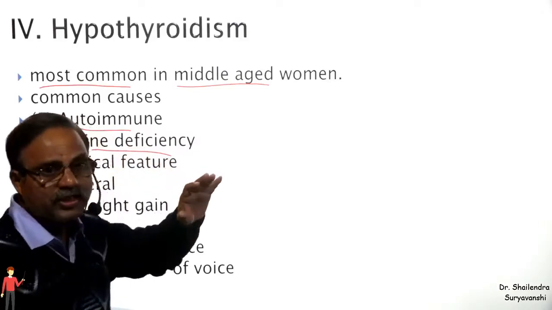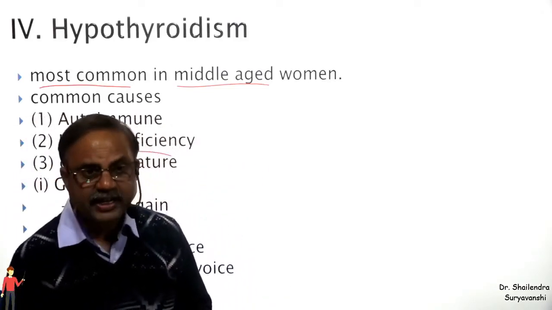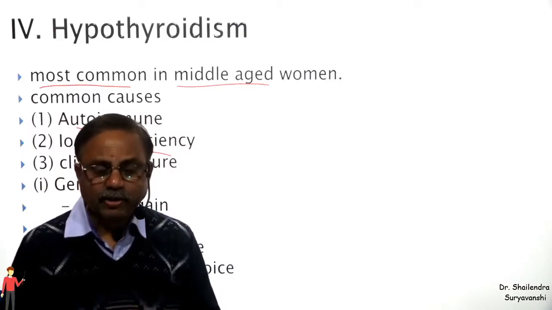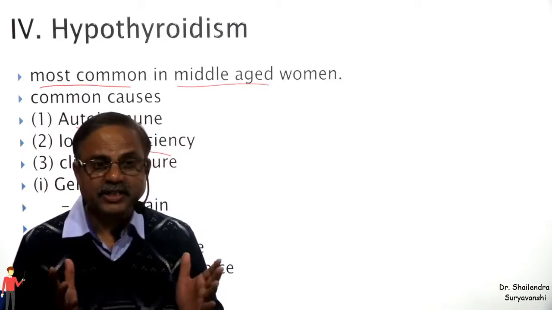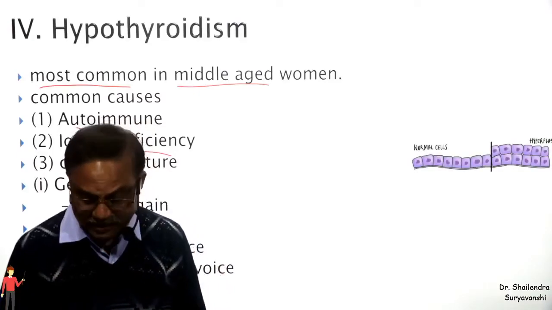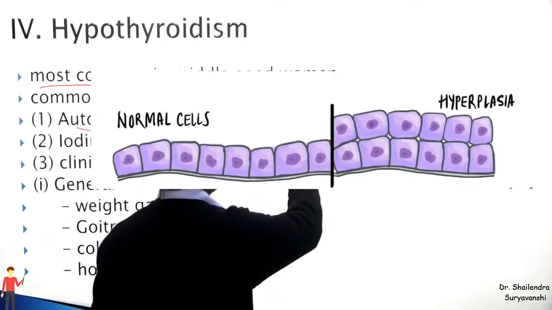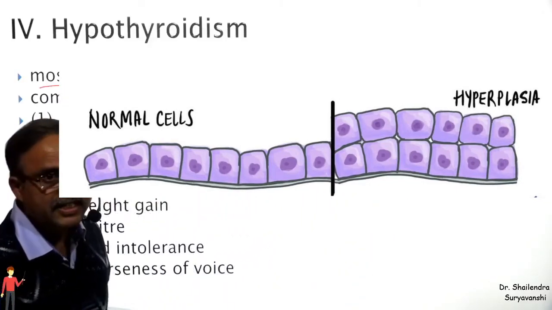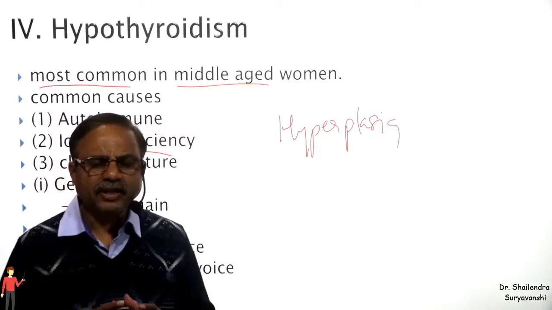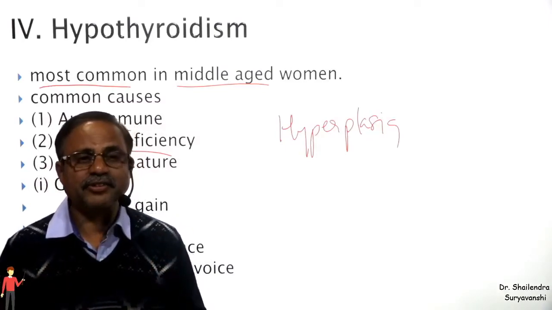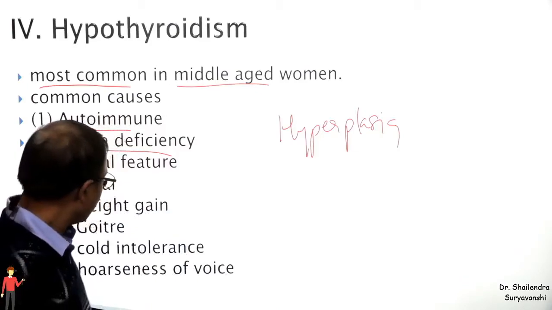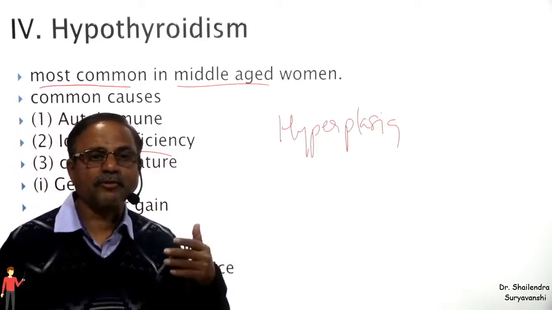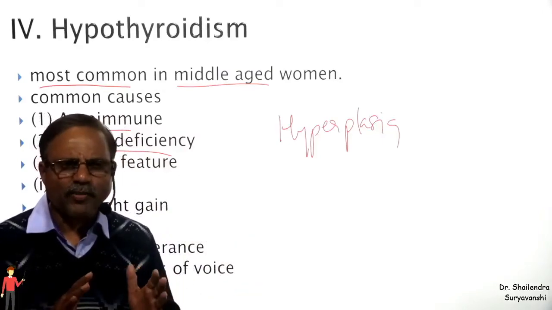It can also result from iodine deficiency. If there is iodine deficiency earlier, the thyroid gland tries to compensate by increasing its size. There is hyperplasia. It increases its size, but if the iodine is still deficient, then that will result in hypothyroidism. So the symptoms will be the opposite of what we have seen in hyperthyroidism. There is a common sense here.